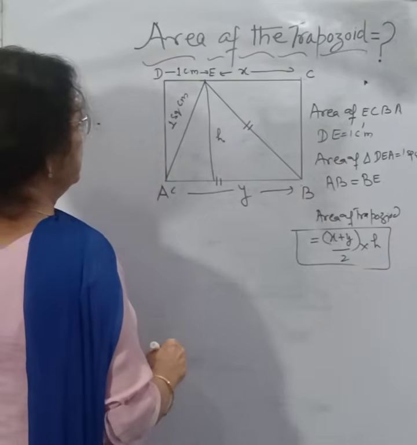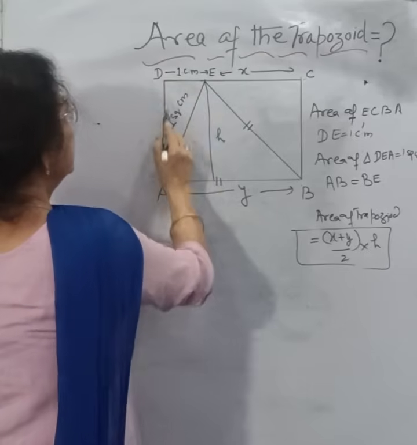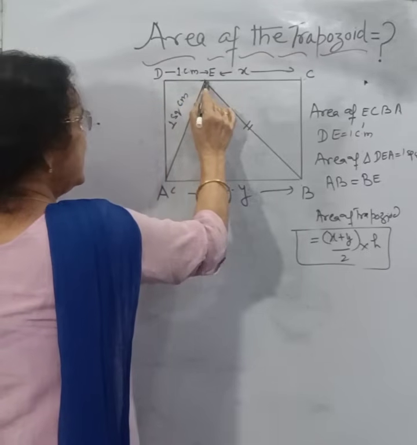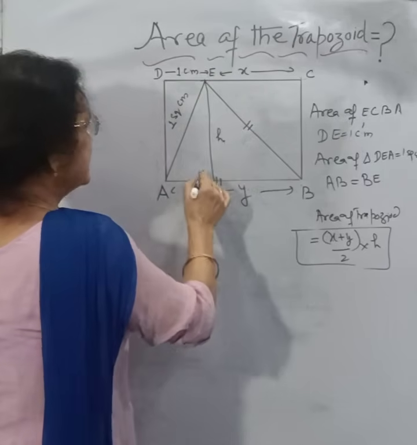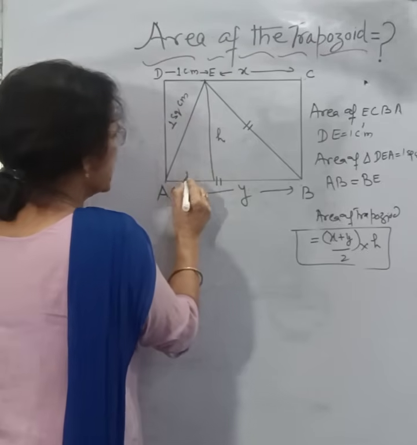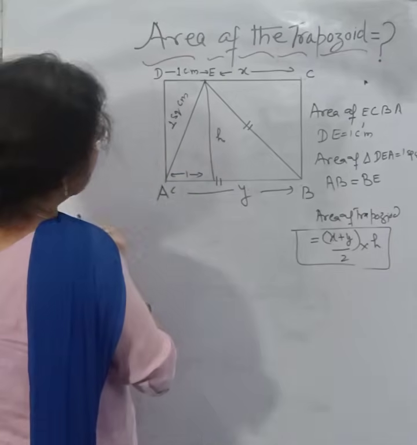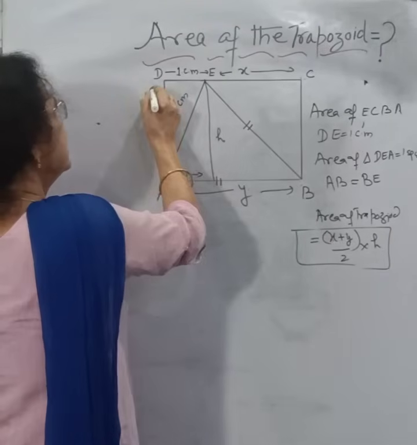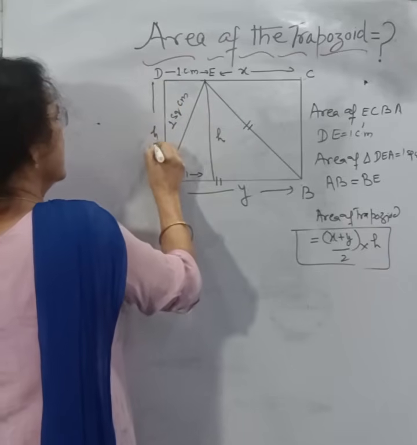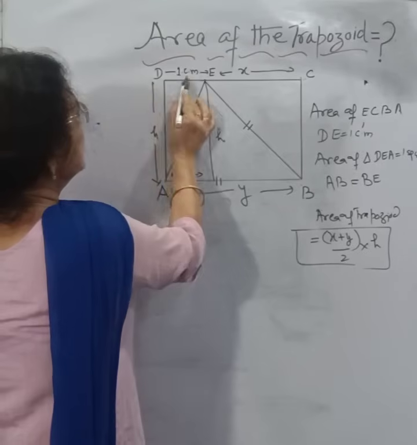First of all, let us see. This area is given to us. This DE is equal to 1 centimeter, और ये हमने perpendicular drop किया from point E. This will be parallel to this. It means this is also 1 centimeter. This distance is also 1 centimeter. Correct? Correct. And h is equal to this one. This is also h. Okay, height is the same.